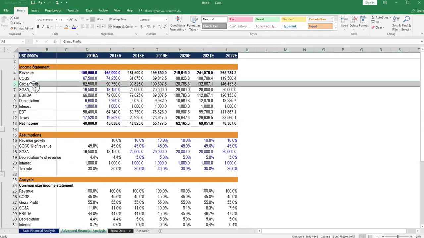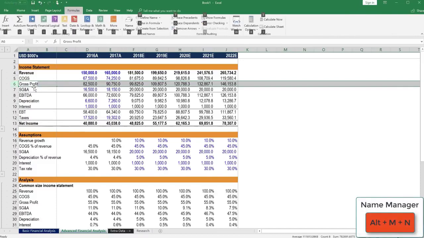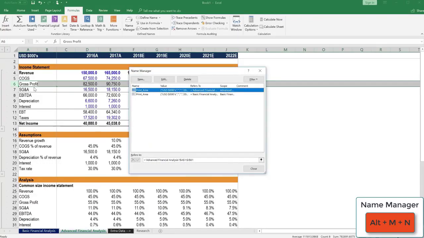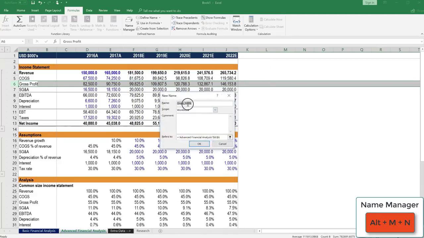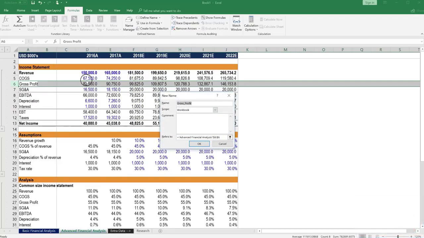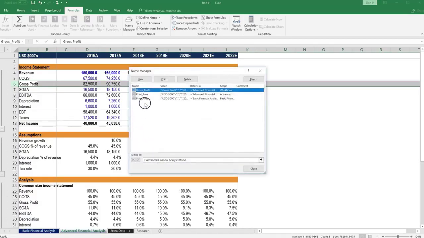If we select this entire row and we press Alt M for formulas and N for name manager and then press new, you'll notice that it's suggesting a name for us for this range, which is gross profit because it's the leftmost cell in the range. And you'll notice that it refers to all of the cells in this row. So let's just press OK. So gross profit